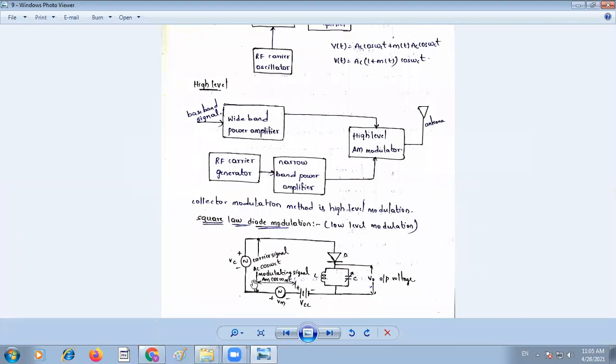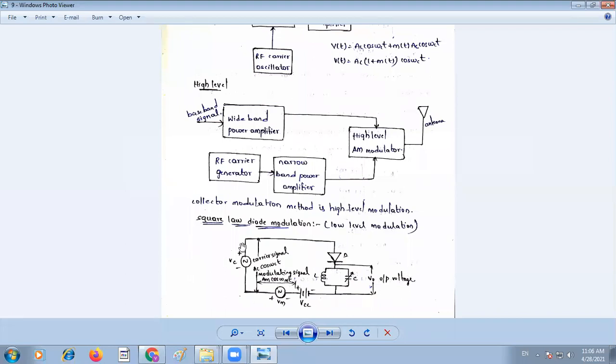For the diode, the input is given as the carrier signal through one terminal, a DC signal, and the modulating signal is given to another. Generally the modulating signal is generated by a function generator as a source, and the carrier signal is generated by a crystal oscillator as a source. These two signals are given to a diode. The diode is brought under the operating condition by using the VCC signal. The diode should always have ideal characteristics, that is, forward resistance is 0 and reverse resistance is infinity.